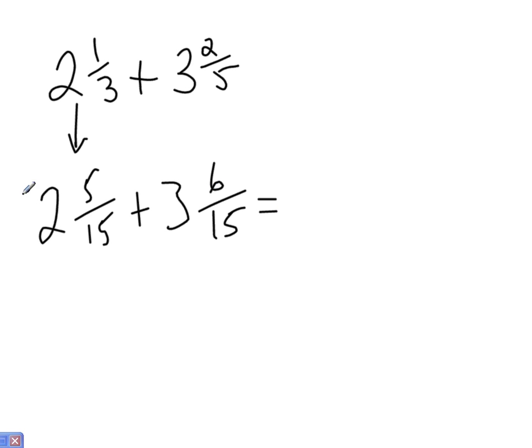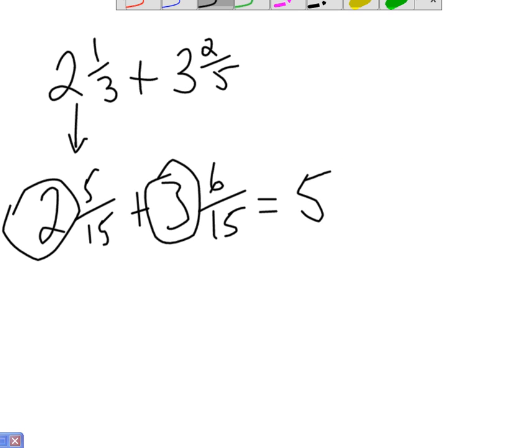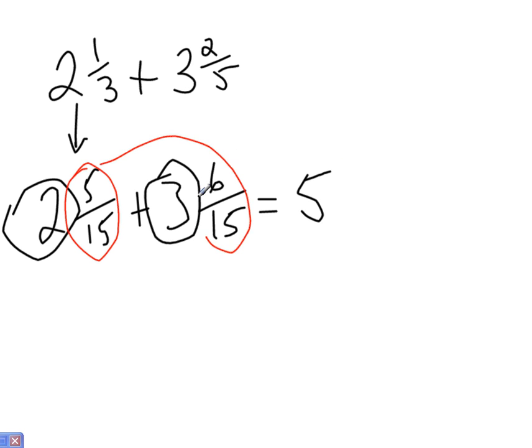I have 2 wholes plus 3 wholes. That gives me a total of 5 wholes. And I have 5 fifteenths here plus the 6 fifteenths here, which gives me a total of 11 fifteenths. So that one worked out quite well because I was able to add the whole numbers and add the fractions